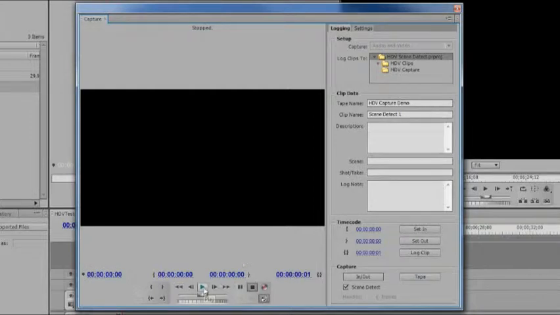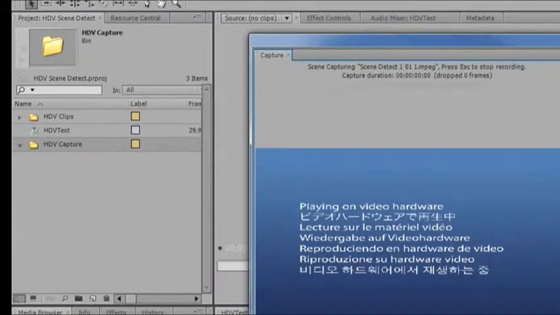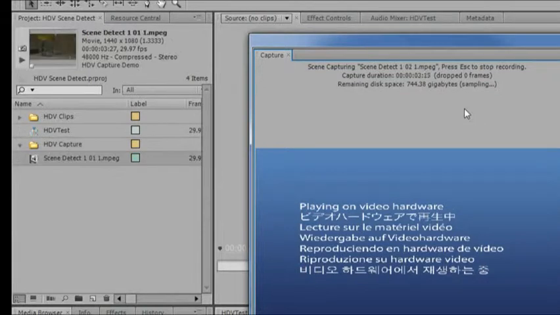We're going to go ahead and start our tape. I'm going to start the tape, and then I'm going to press record. Now, when I press record, it's going to give me playing on video hardware on my machine. I don't have live playback enabled, but you can see that it's handily capturing and it's breaking up the clips